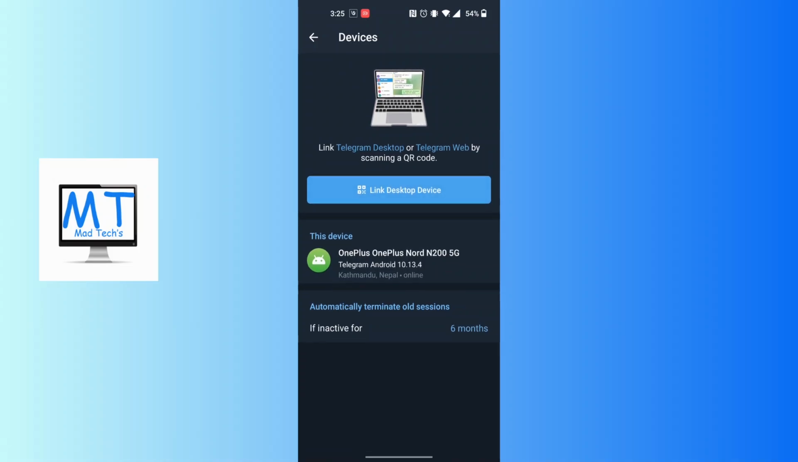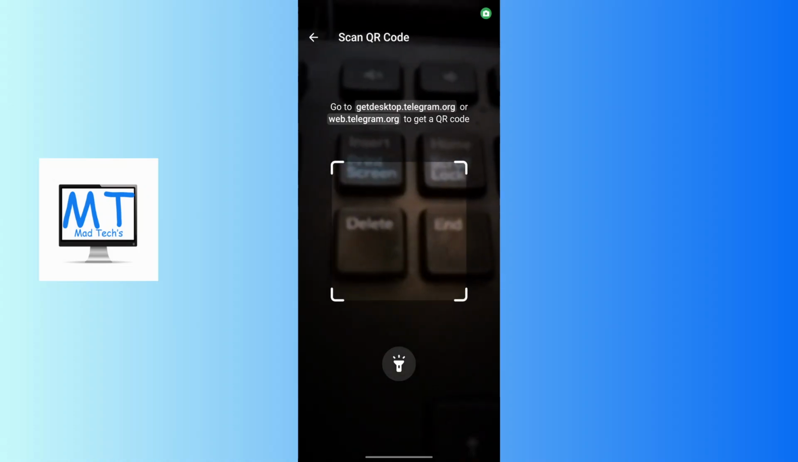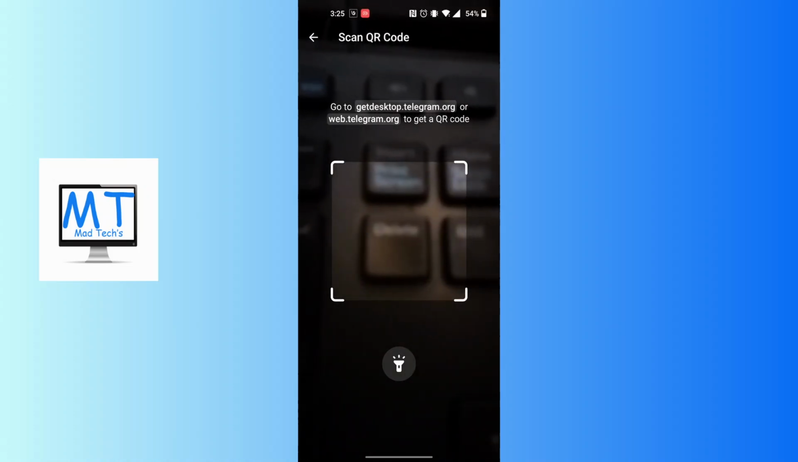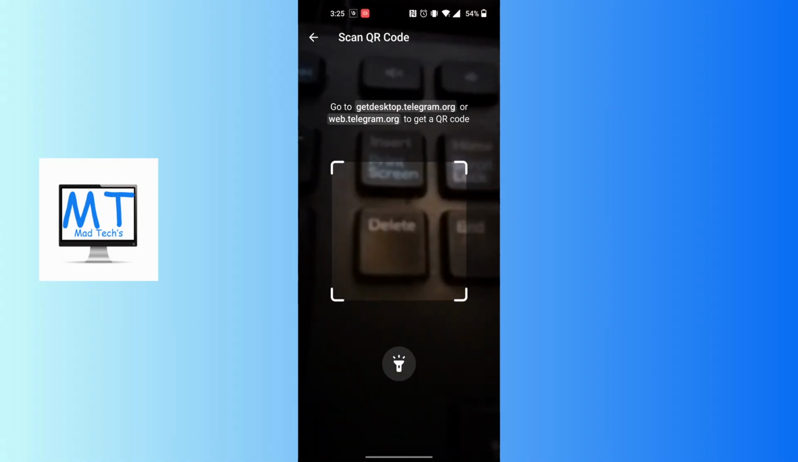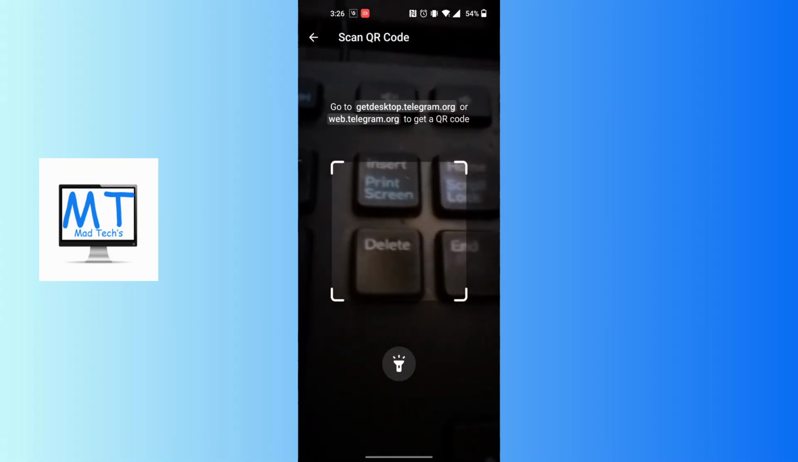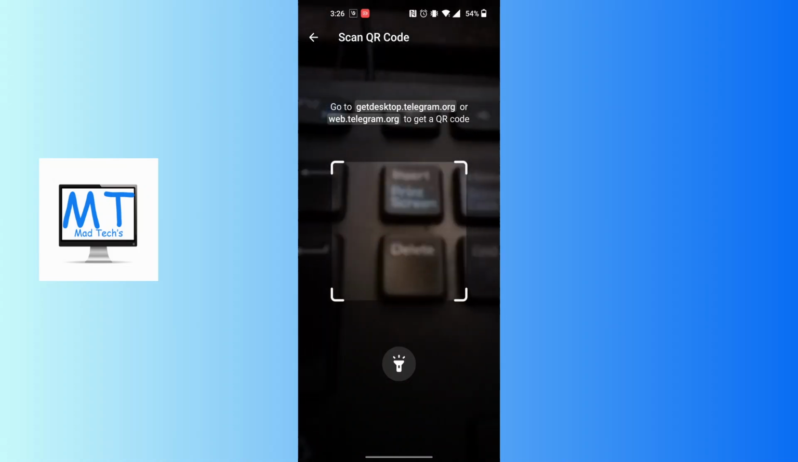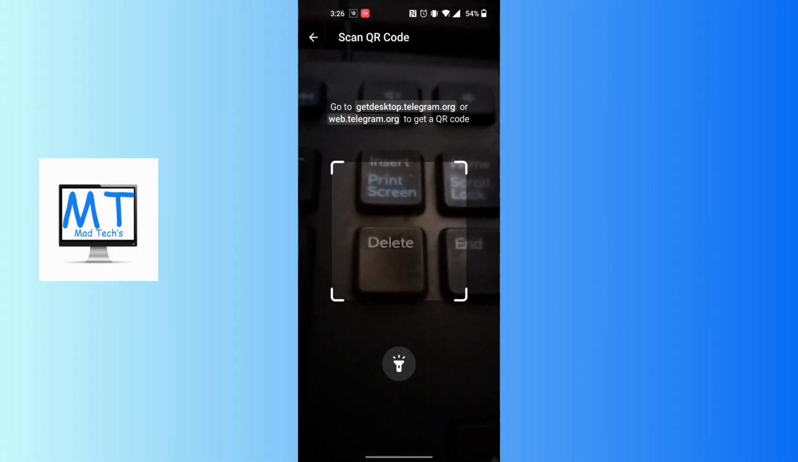Now in order to proceed to scan your QR code on Telegram, tap on link desktop device and the camera like this will open, you can see guys, and you will be able to scan the QR code of the Telegram from over here. Make sure to place the QR code inside this box so that Telegram can scan the QR code precisely. And with that being said guys, this is how you will be able to scan QR code